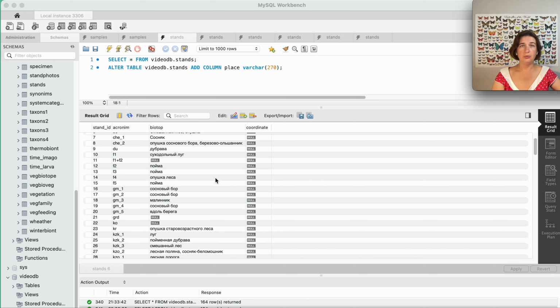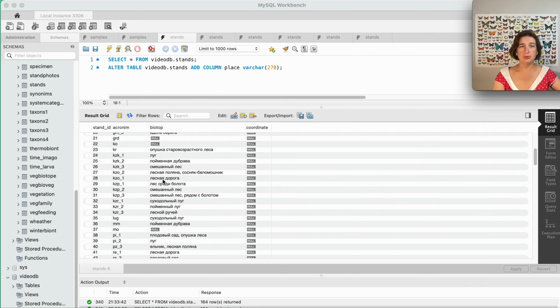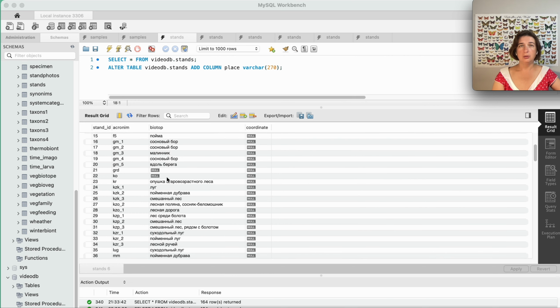There are two fields, an acronym and biotop. And it is not always possible to clearly determine the place of capture. It's hard to put this into a description, so I add a new field, place.